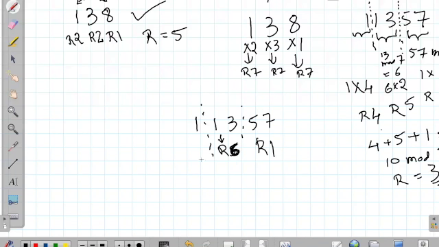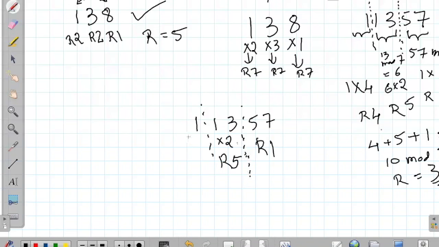Okay, hold on. Oh yeah, right. This is not 13, this is 1300. I was dividing by 2s. Exactly. You have to multiply this by 2, because every 100 leaves a remainder of 2. So 13 times 2 is 26, and the remainder is 5, because 21 is divisible by 7.